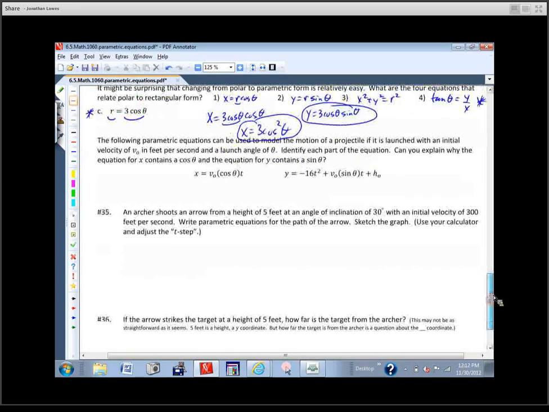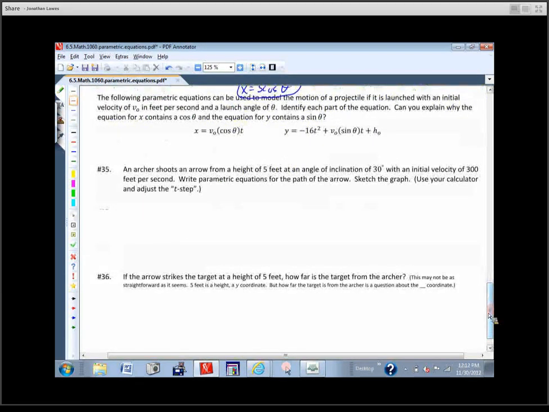Last set of problems. You need to know how to do these because these come up quite often. I think we've seen at least parts of this before. This is how we model motion, and this is a very common application for parametric equations. If we launch something, like shoot a bullet, an arrow, which we're going to do in just a second, or launch a hay bale, I think there's an example like this in the textbook, whatever it happens to be,